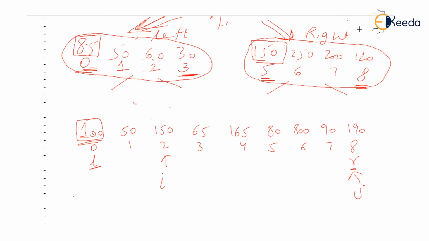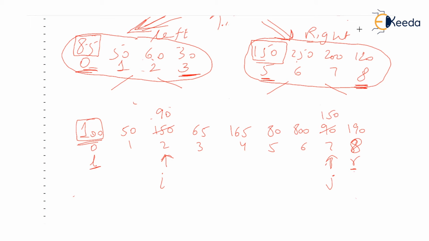Turn of j now. J will decrease till we get a value less than or equal to 100. And notice j is at 8th place right now, and j will immediately stop at the 7th place because 7th place is right now storing 90, which is less than or equal to 100. So j stops at the 7th place. Now I and j have stopped, and you notice they have not crossed each other. So if I and j stop at such a place such that I is not greater than j, I is still below j, then you better swap ai and aj. So 90 and 150. These values will get swapped, ai gets swapped with aj.